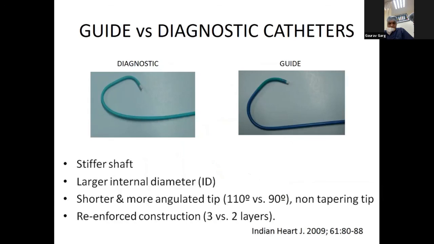Now some basic differences between the guide catheter and the diagnostic catheter. Guide catheters, if we talk about RCA catheters, are stiff, have a larger internal diameter to accommodate larger devices, to accommodate stents, and are more angulated as compared to diagnostic catheters, and they have more layers inside them